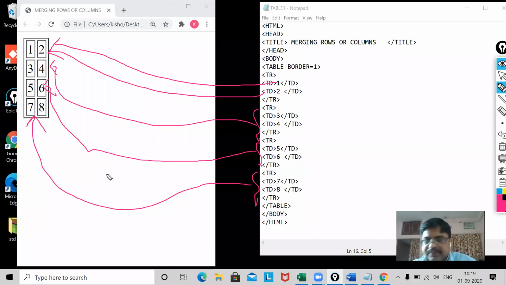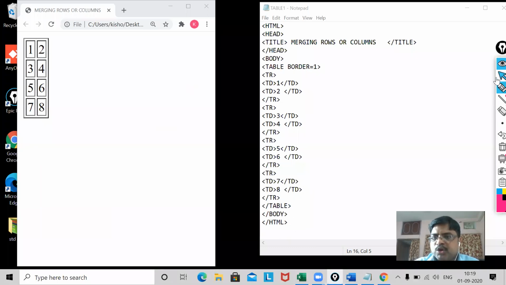Now I want some amendment, some changing in my table. How? You see. Now how am I going to change it?